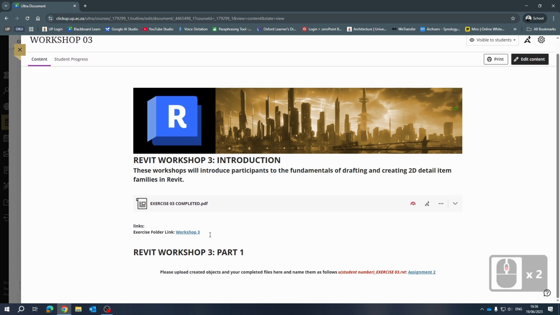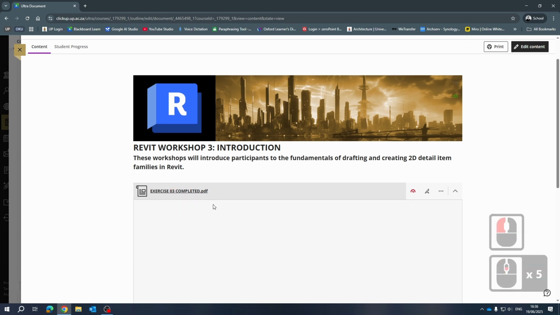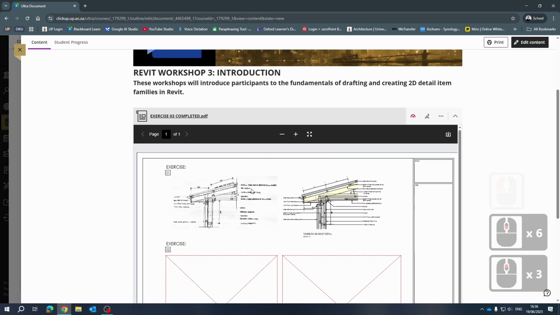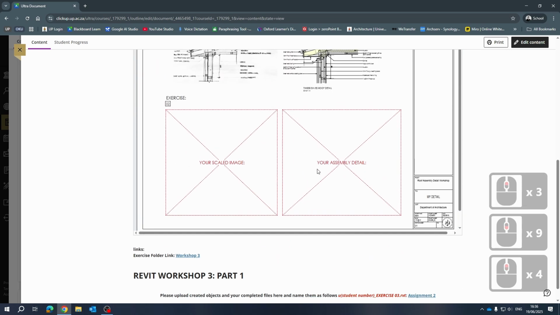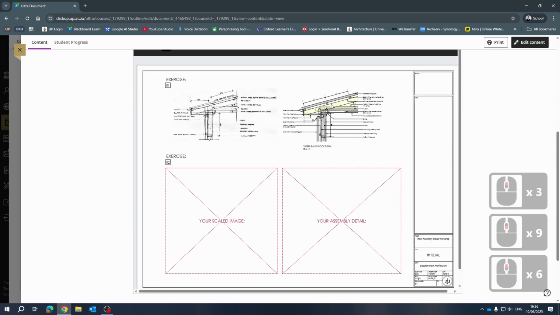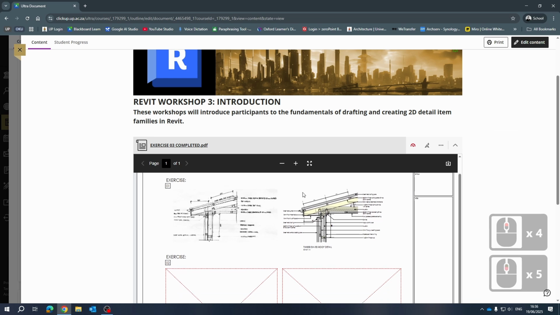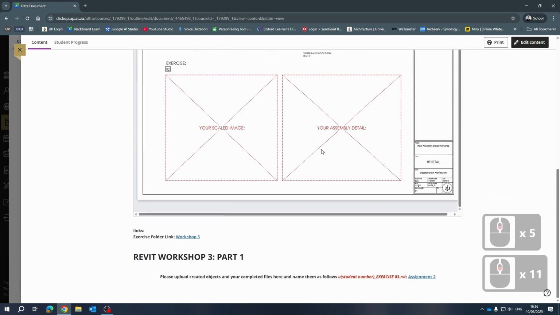Once you've launched Workshop 3, I've provided a PDF example of what you're going to do for the workshop, and you're going to use this information then to reproduce your own detail that you did for Con 210. Okay, straightforward. If you go to the workshop folders,